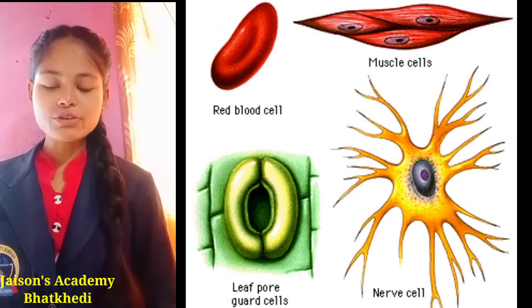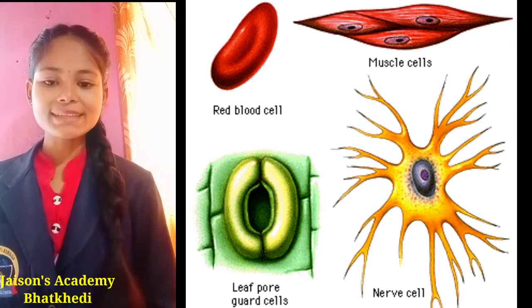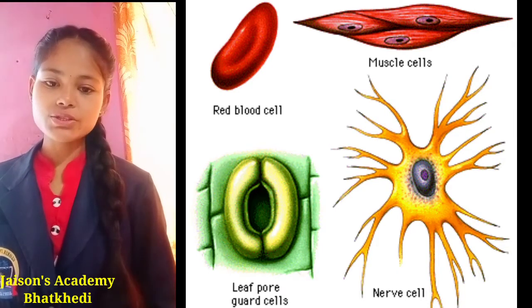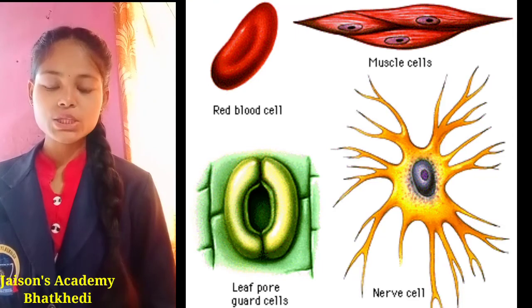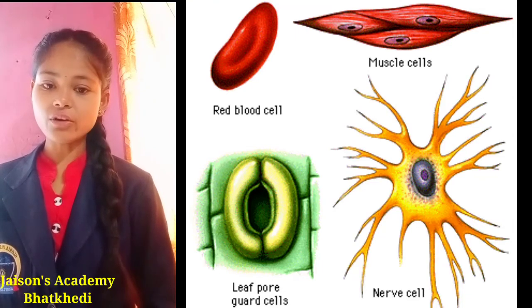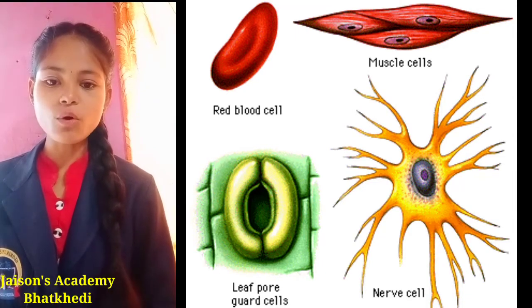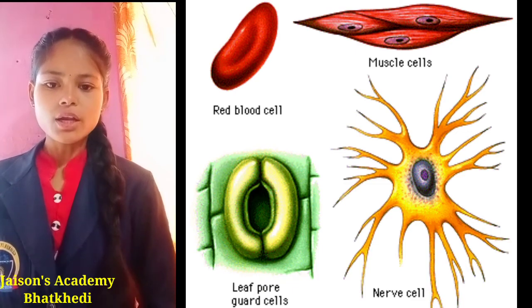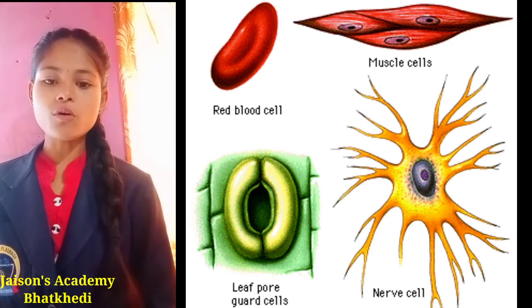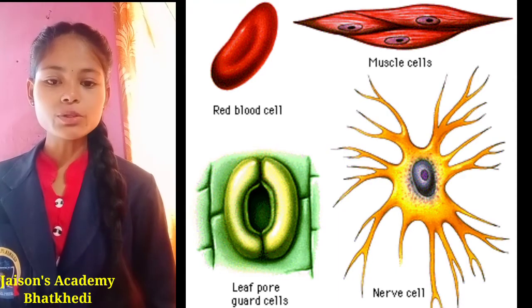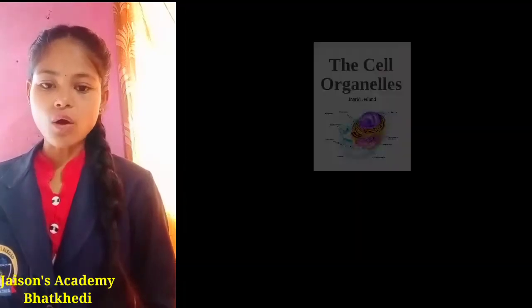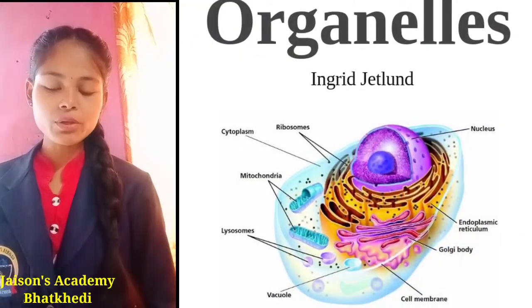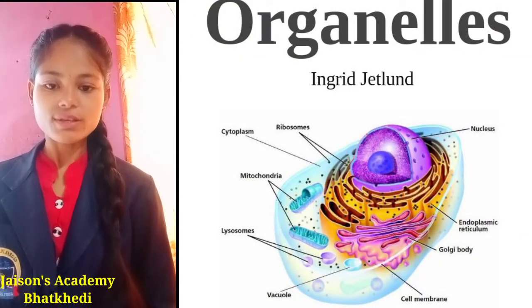Now, we have already told that the cell performs all the basic functions required for the body, like respiration, digestion, excretion, assimilation and everything. Means whatever functions required for the living organisms are performed by this small unit, that is cell. Now, how the cells are able to perform all these functions? The cells are able to perform all these functions because they have various organelles which are capable of performing various functions for a cell.